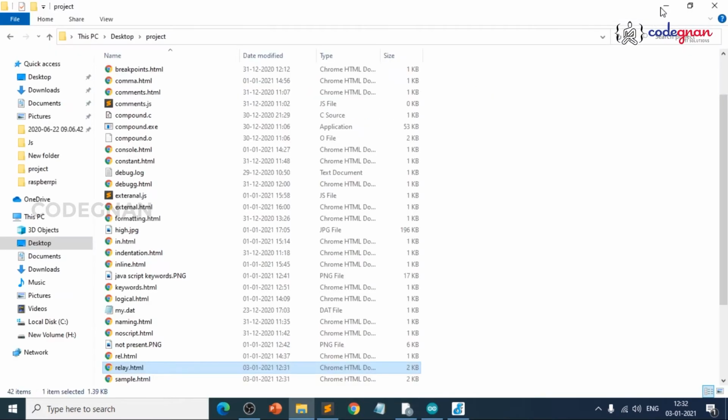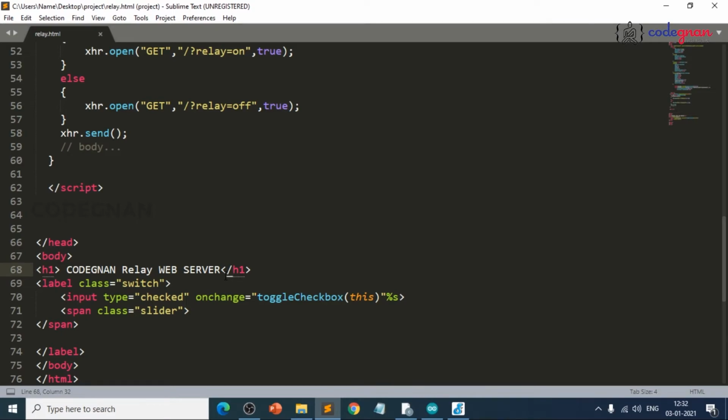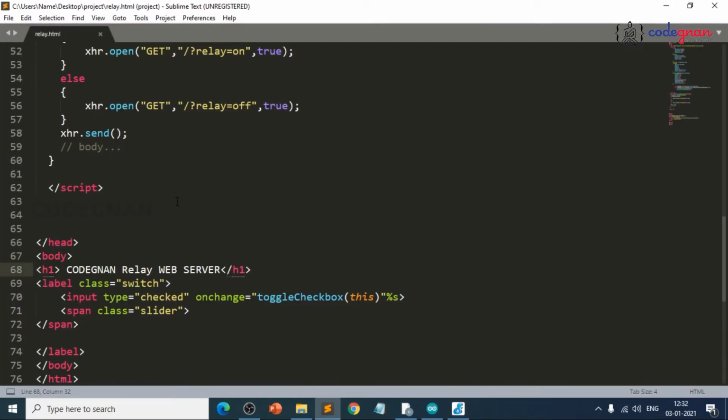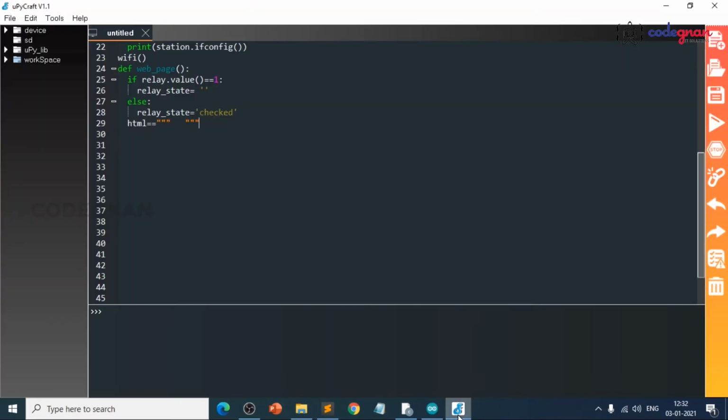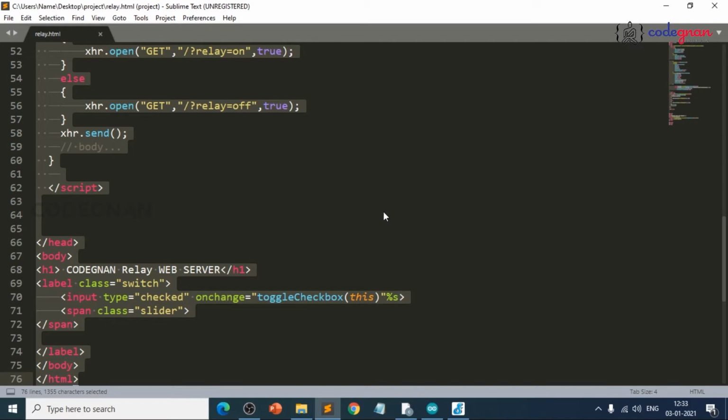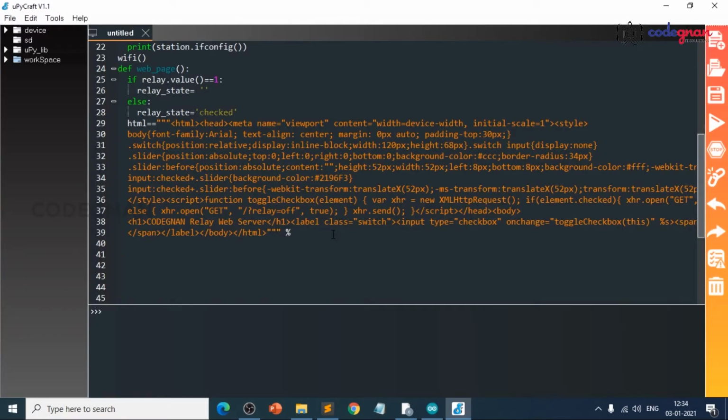Just copy the code from Sublime Text and place it in our relay file, between this here. Whatever HTML code we have written, we are just placing it there. Yeah, we have just placed the code here.